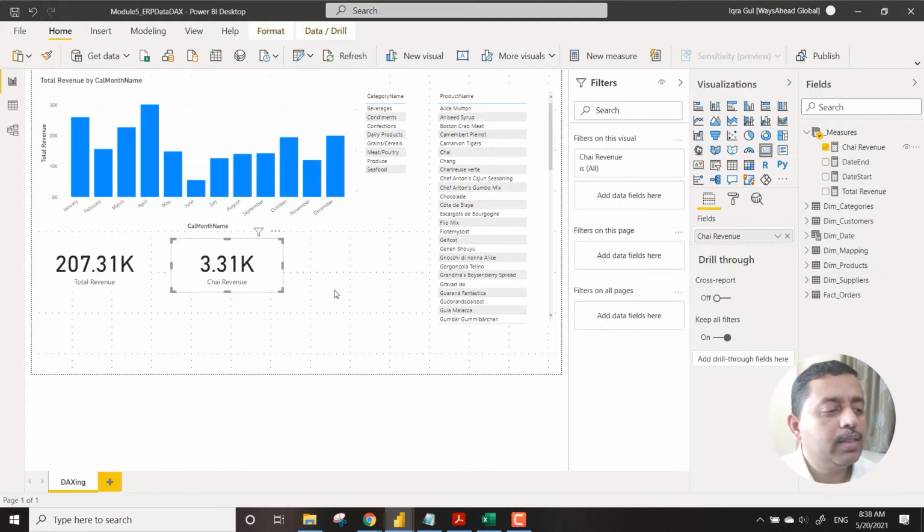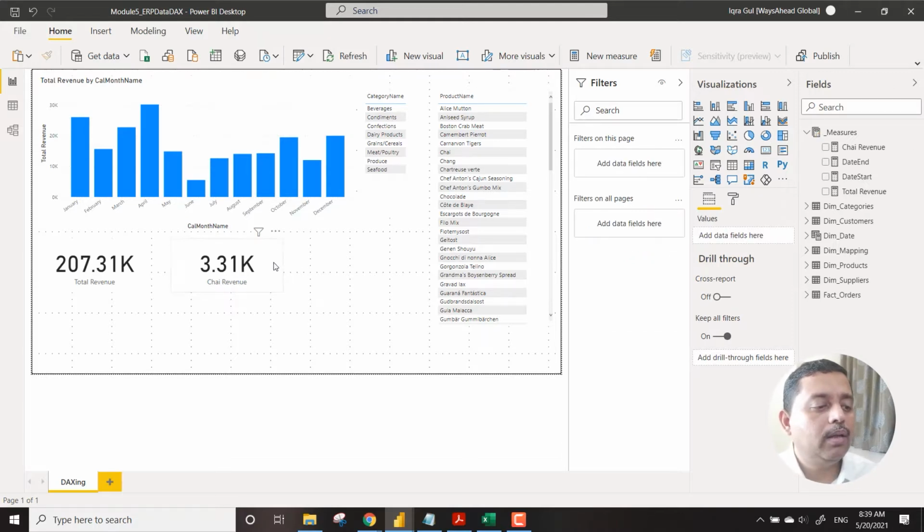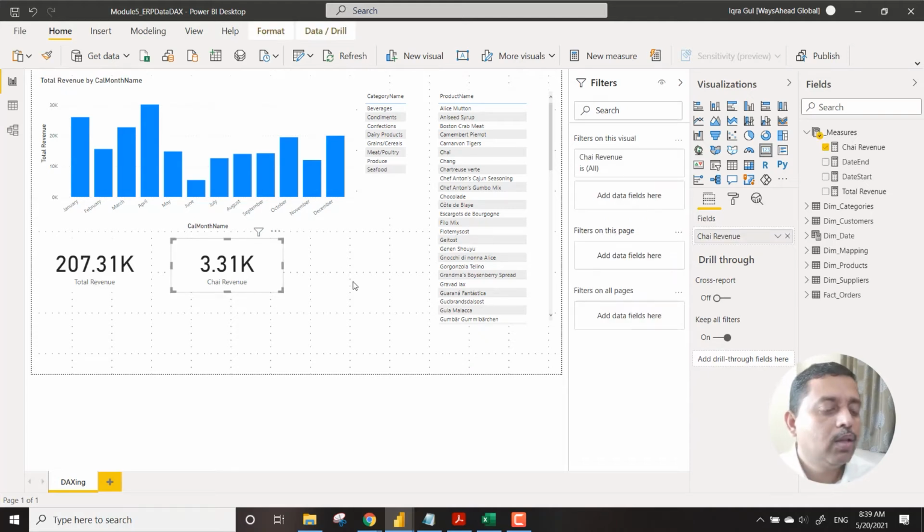Now what happens is, in most cases the data that we are heading towards might or might not be the right way to work. So over here we are seeing it as chai revenue.